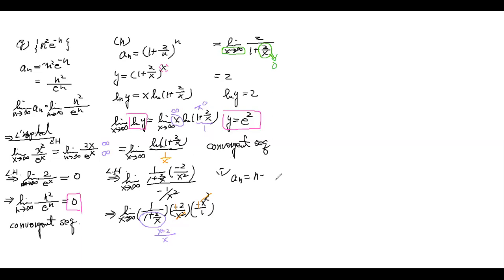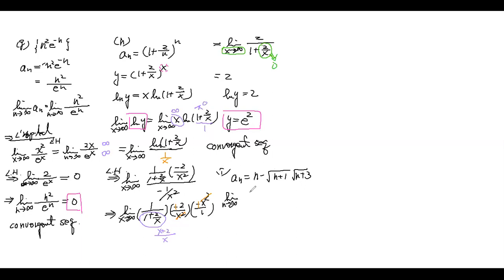This is square root of n plus 1 times square root of n plus 3. If you want to find the limit as n approaches infinity,